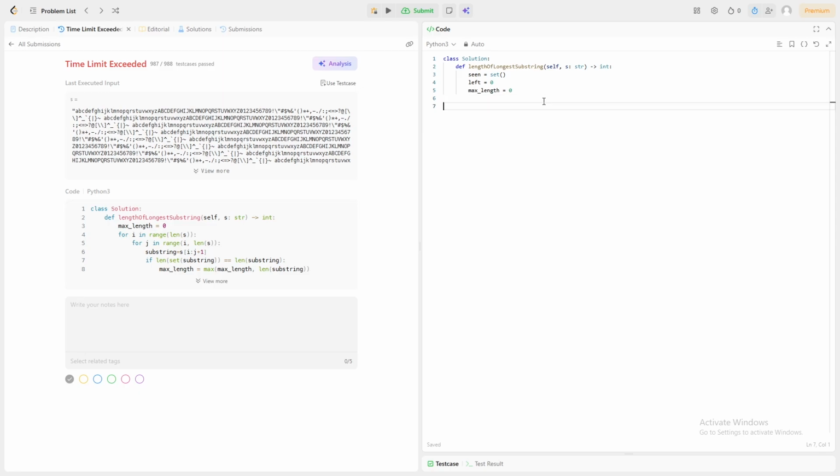Now, I want to move right across the string one character at a time. What do I mean here? For right in range length of s, we're going to be looping through this. At each step, I want to check whether the current character is already inside my window. If it is, then the window is no longer valid because I would have a duplicate. So in that case, I need to move left forward and remove characters from the set until the duplicate is